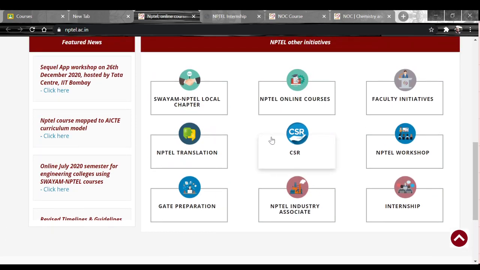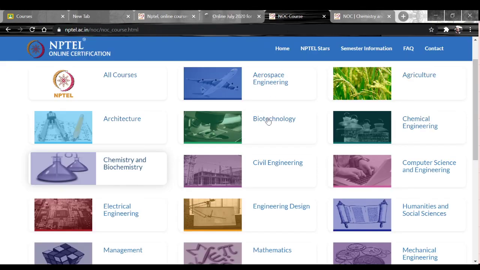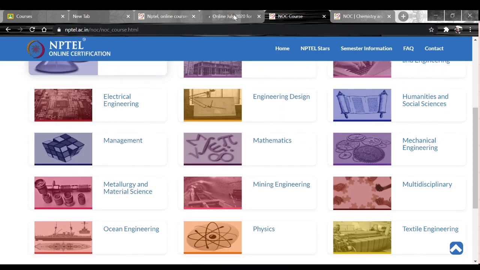It is put forward by the government of India, and you can even see that SWAYAM NPTEL courses are also there. So the first link which you have seen is the SWAYAM, and the SWAYAM NPTEL courses are also there, and you can choose these courses that are already there. So let us look at what the NPTEL docs is going to offer.